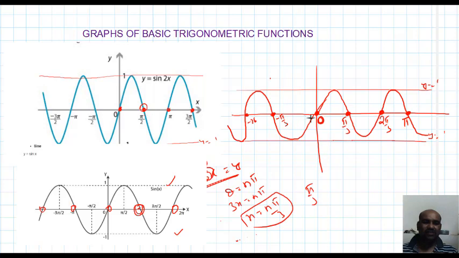Understood? So observe these three graphs now. Shapes are same. All three are bounded between y equal to 1 and y equal to minus 1 only. So what is the difference? Where those graphs intersect the x-axis. Here, see, pi by 3 comma 0. Here pi by 2 comma 0. Here pi comma 0. In this way, you can draw the graph of sin 4x also directly. You want to draw sin 4x? I will show you, wait.